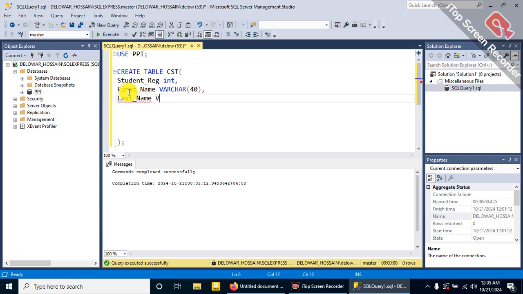It will also be varchar. I mean, varchar will support the text type. Varchar means text. So 40, and the full form of varchar is variable character. I mean, all kinds of characters will be allowed. You will be able to insert all kinds of characters here. So we can also assign 40 here. Then comma, and then